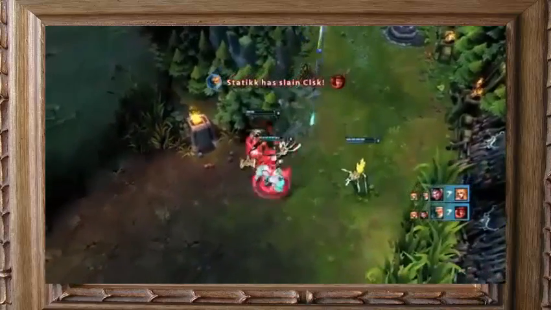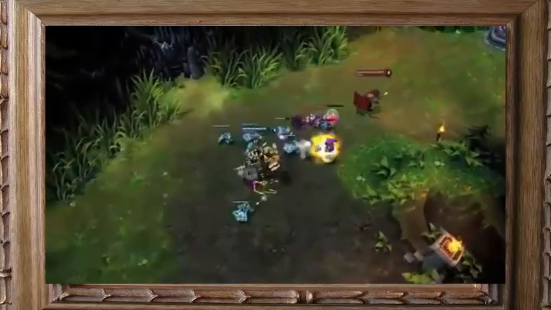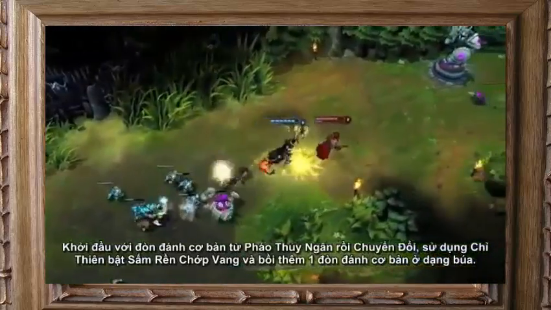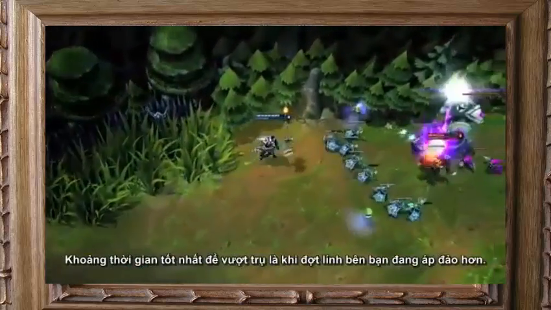in the second kill. Jayce's early game is extremely potent in a solo lane, as you can deal plenty of damage in a short time. Land a basic attack from the Mercury Cannon, transform, hit To the Skies, and land another basic attack, all while Lightning Field is activated. The best time to dive a turret is when you have a minion wave to distract